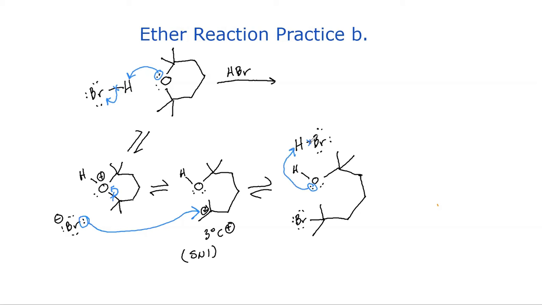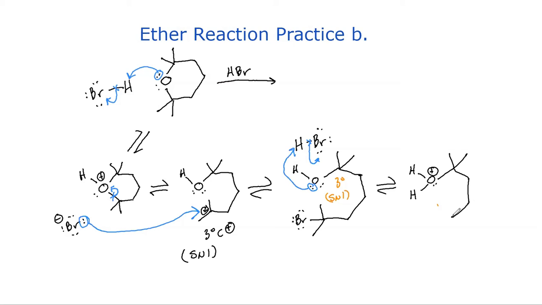In this case, because our second carbon is also a tertiary carbon, we're going to do another Sn1 reaction. In this case, we're simply converting an alcohol to an alkyl halide, which is an org-1 reaction, and it's basically what we just did, only we're using water as a leaving group rather than the alcohol from when the ether